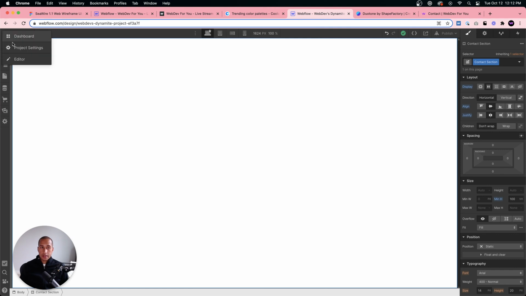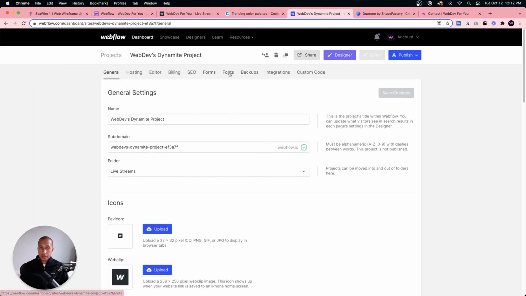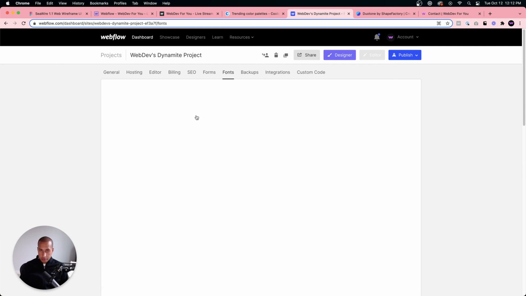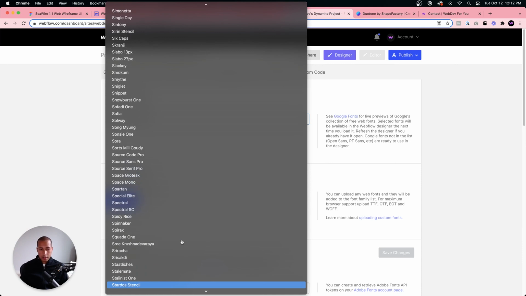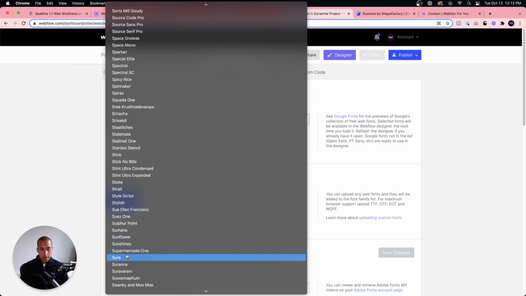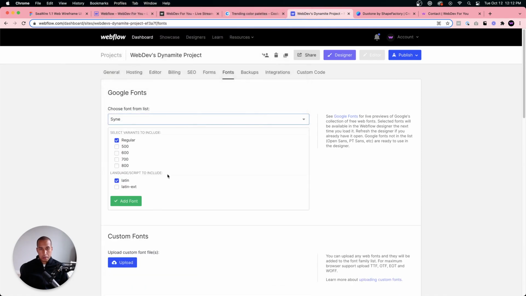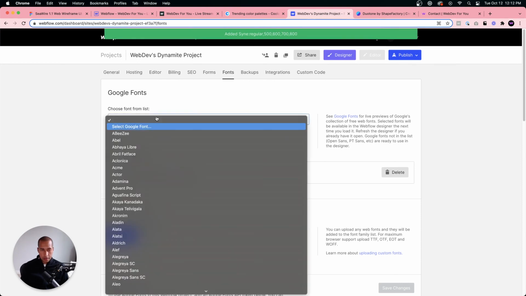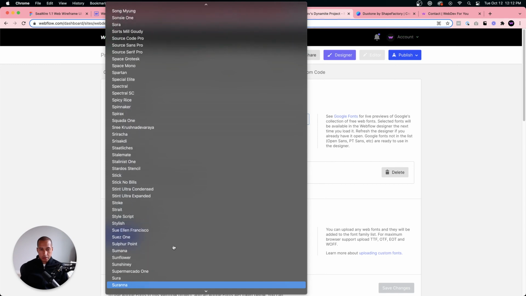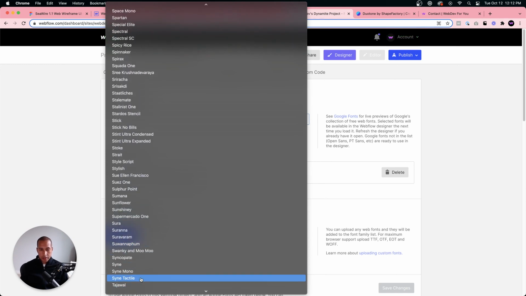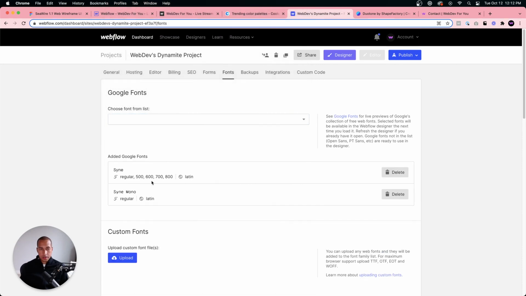Nice. So let's go ahead and install the font Sign. So I'll go into fonts and I'll install it. So S, here we go. It always takes me forever to find these fonts. We have Sign right here. Here we go, Sign. Sign Mono might be cool too. Add font. Let me install Sign Mono. We'll get a bit creative in this live stream. Sign Mono might give us a very cool paragraph text. I haven't used it before.